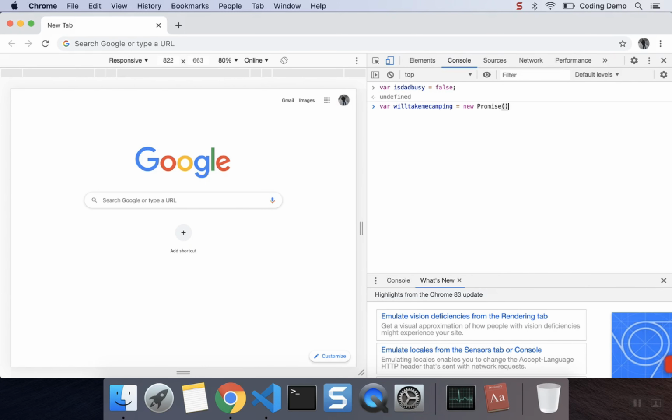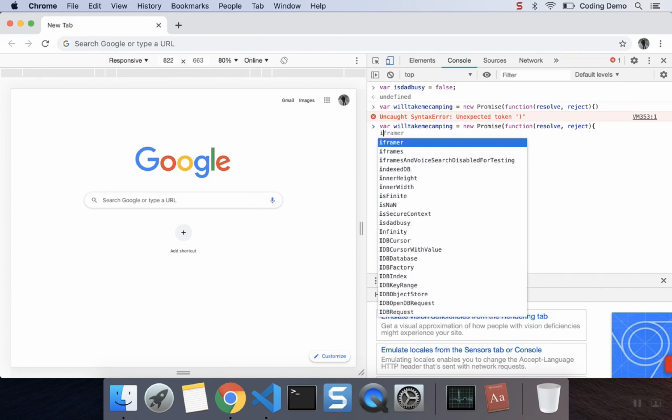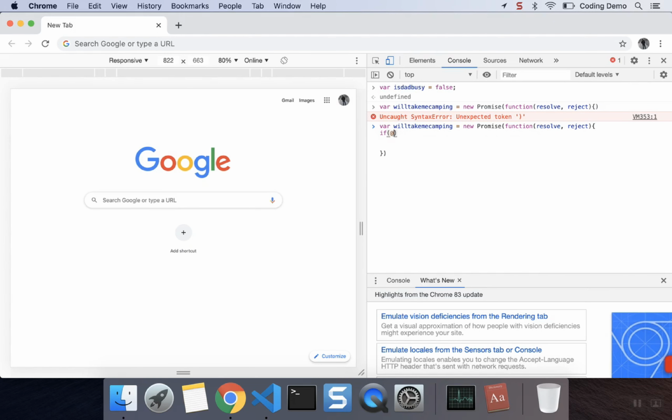and inside this we pass in a function. So I'll say function(resolve, reject). Okay, so just ignore this, I just accidentally pressed enter right here. In this we have to see if dad is busy. So I'll say if dad is not busy,